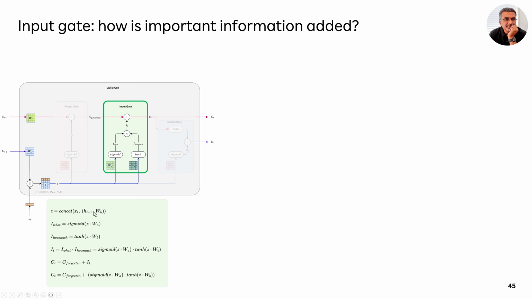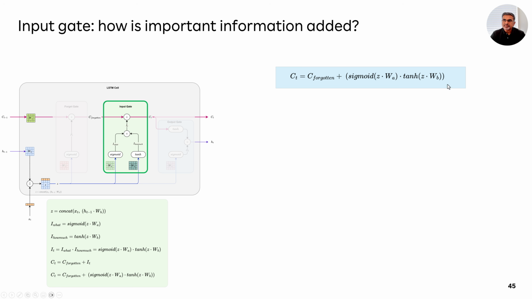Now this input actually goes into two functions. One is a sigmoid function. I represented this using what I call i_what, which is what information needs to get added. And the second one is i_how much, which is how much of that information needs to get added. By the way, the literature doesn't call it out this way, but I think that expressing it like this makes it easy for us to map between the math and what is really happening. So the input goes through what needs to get added and how much of it needs to get added. And then using some math, which we'll explore very shortly, we will update our whiteboard, or long-term memory.